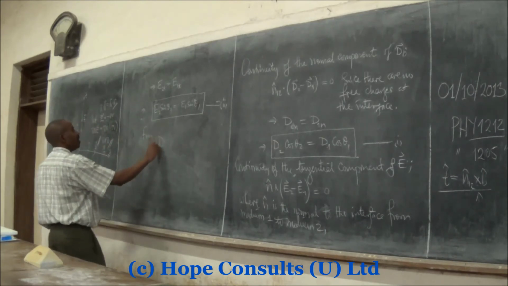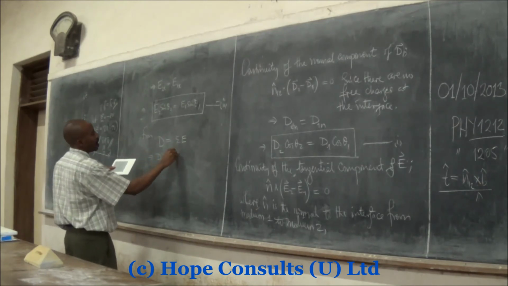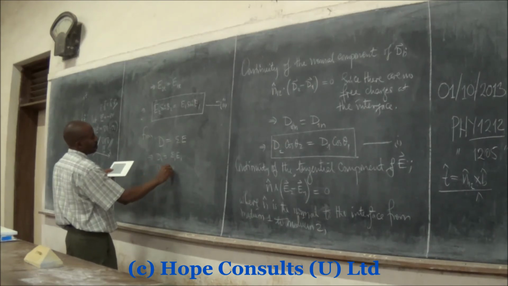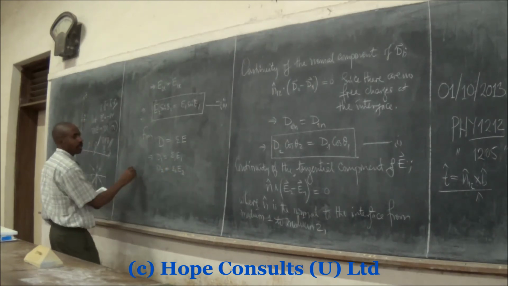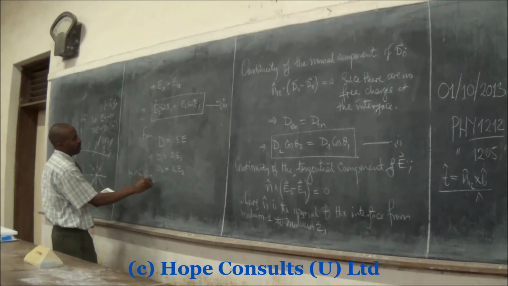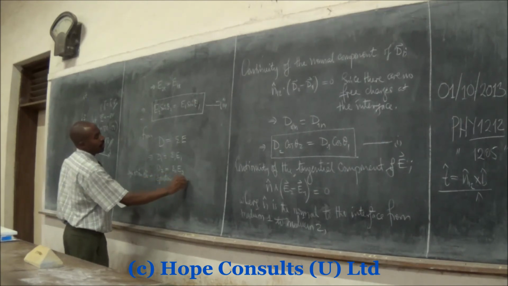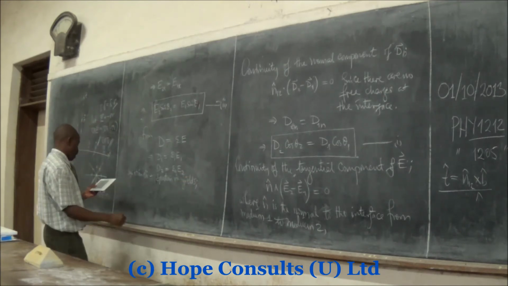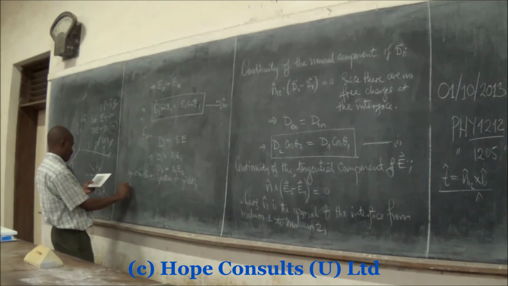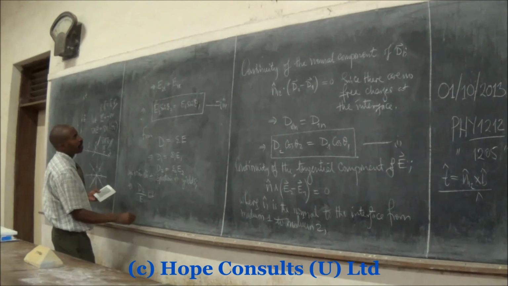And that is D equals epsilon E. This would imply that D1 is equal to epsilon 1 E1, D2 is equal to epsilon 2 E2, and equation 2 divided by equation 1 would yield